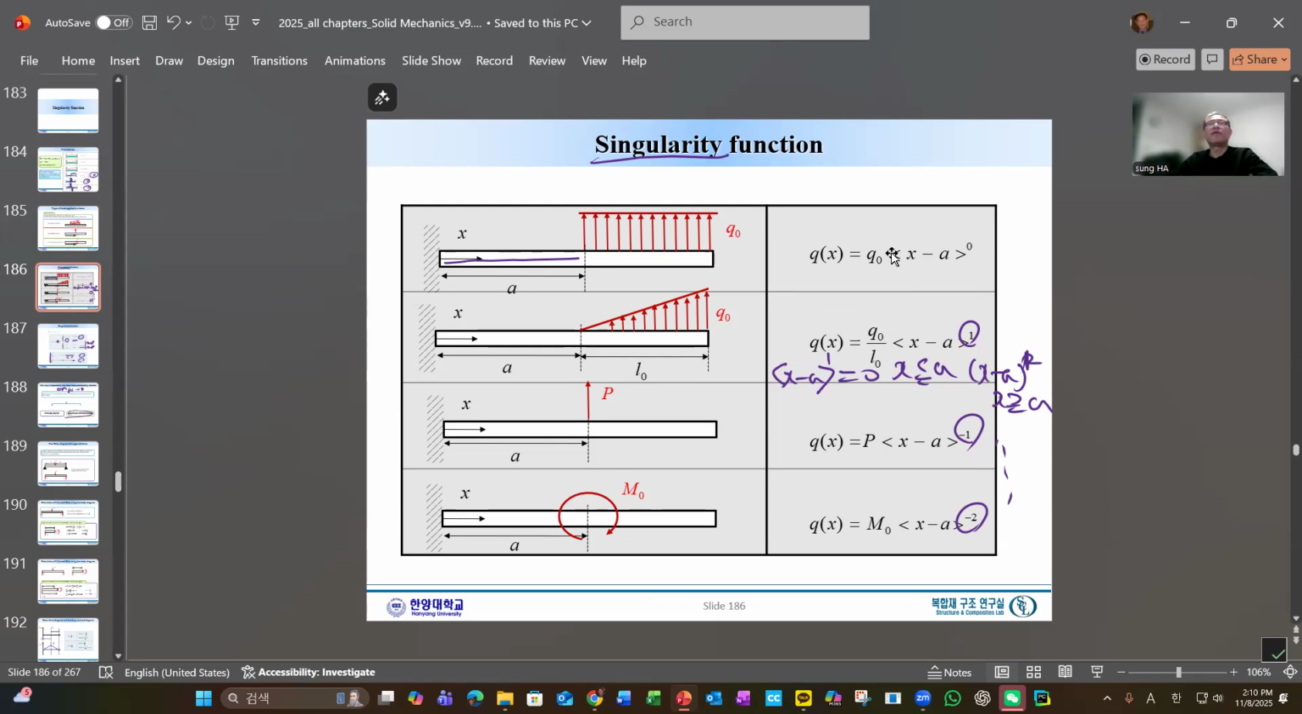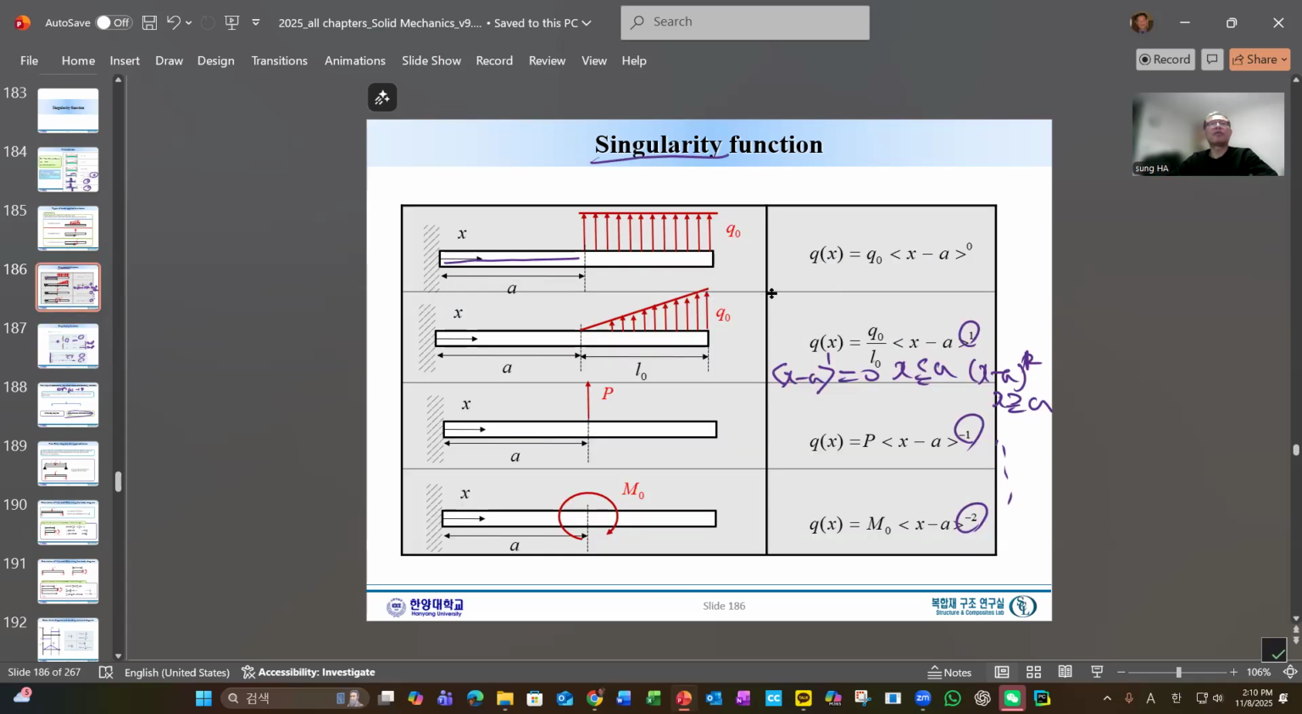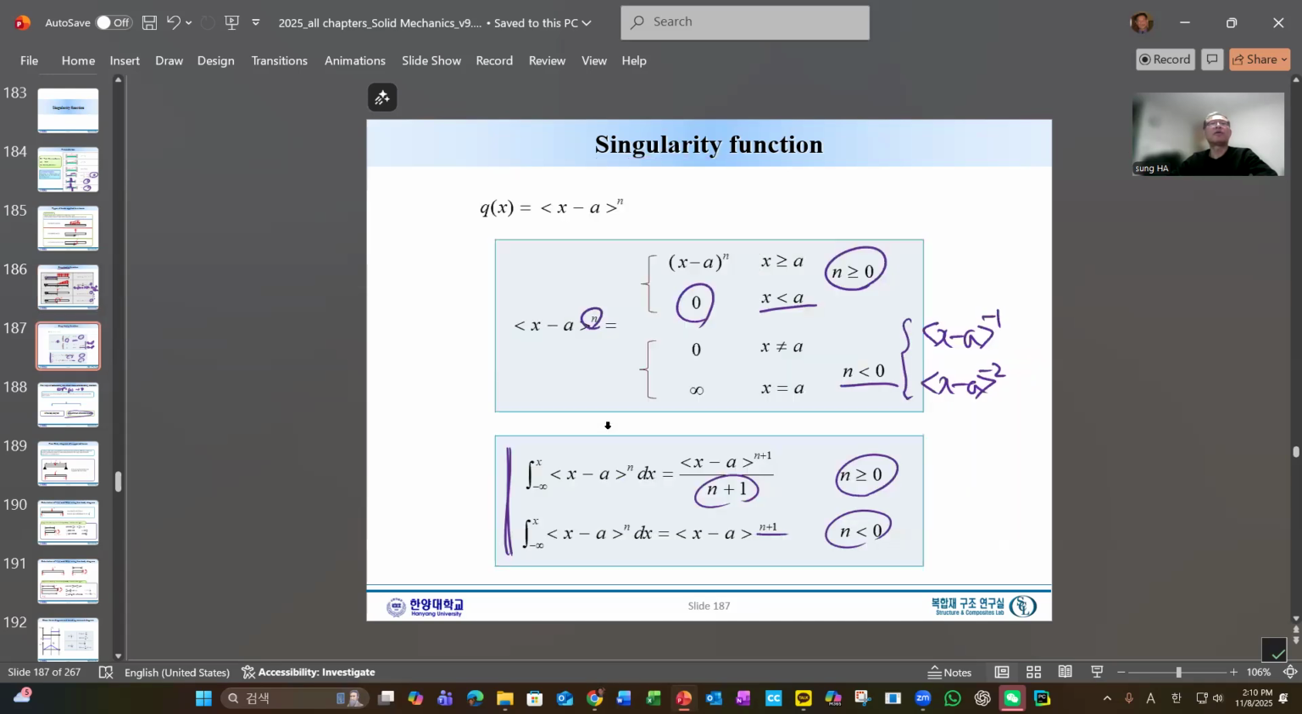Well, to differentiate from a regular function, like a regular parenthesis, we use this type of special parenthesis to represent the singularity function. And this is the one we need to follow. This is just the definition of how to handle these types of function in terms of a distributed load. So as long as we follow these rules, then we don't have to worry much about the other